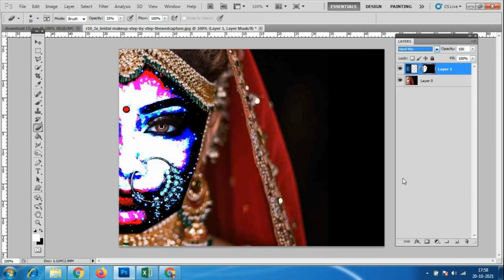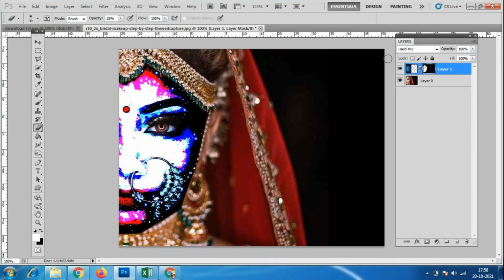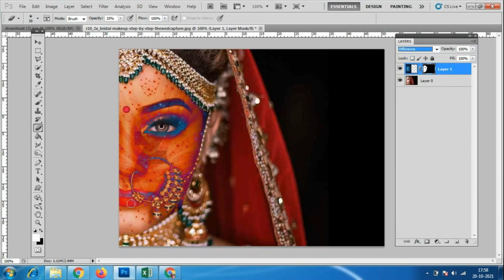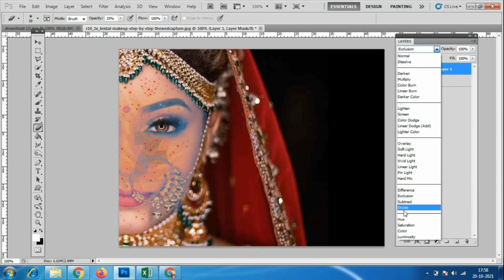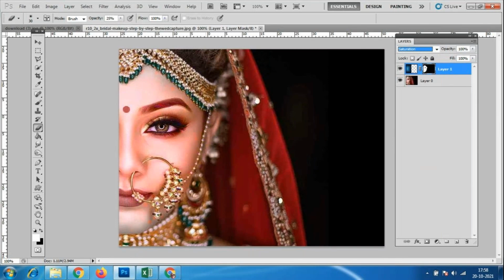And hard mix. Okay, this one also. Let me check, if I give 50%, it will come like that. Instead of this I'll give 10%. See, look, I have given only 10%. If I give 30%, the things will come like this. So I'll make it 100%. It will apply to everything if I give the percentage. Difference, this is a difference option. And your exclusion, divide. Like that, with the masking itself, you can give multiple options. Saturation. So what I'll do, I'll just remove it.